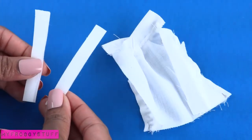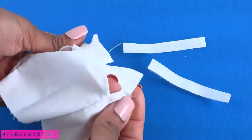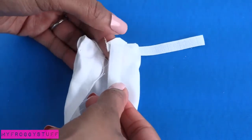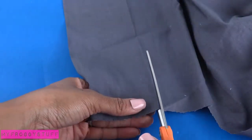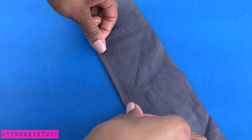Cut a strip of Velcro in half. Pull the sides apart. Turn the shirt inside out. Fold over the collar, turn it over to the back, sew the Velcro onto the open sides, place it on the doll inside out to make adjustments, cut a long rectangle of a gray fabric, fold over and hem the bottom edge,